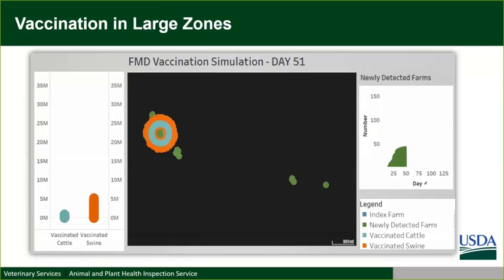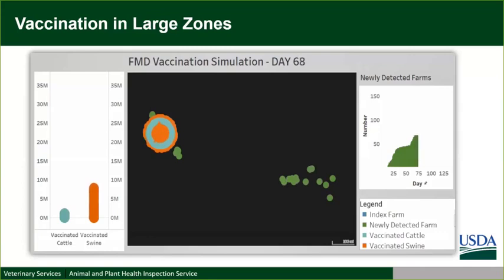So you can see some of those green dots are essentially new detected premises that are jumping outside this vaccination zone. And so they're just sitting there. So you're going to be relying on your movement restrictions and your biosecurity practices to try to prevent disease spread in these areas.